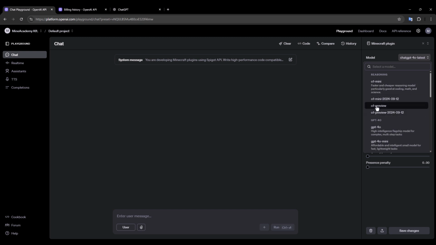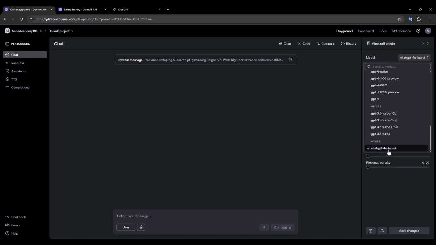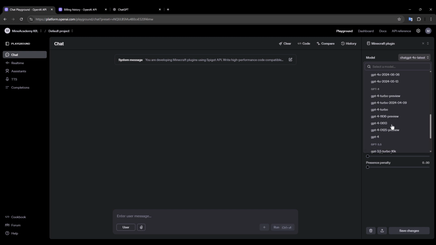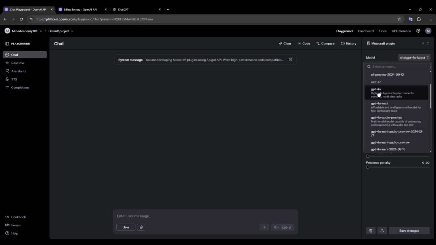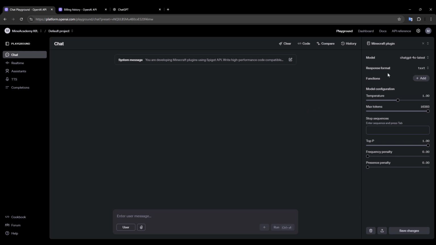We're going to be testing the o1 preview, and we're going to be testing the one that nobody talks about, which is the ChatGPT 4.5, I would call it, latest, which is really the beta of the latest features, which you won't find in the 4.0 model. So we're going to scroll down right here. Everything else can stay the same except max tokens. We're going to be maxing that to 16K to make sure that the model remembers more stuff.